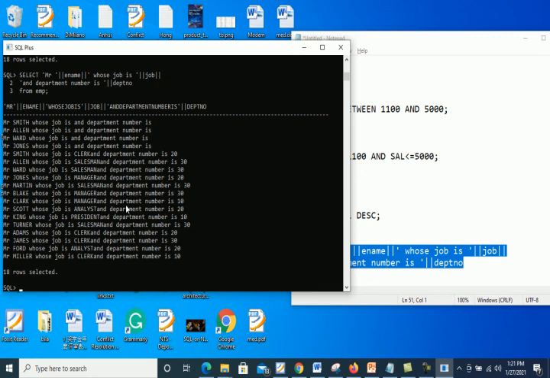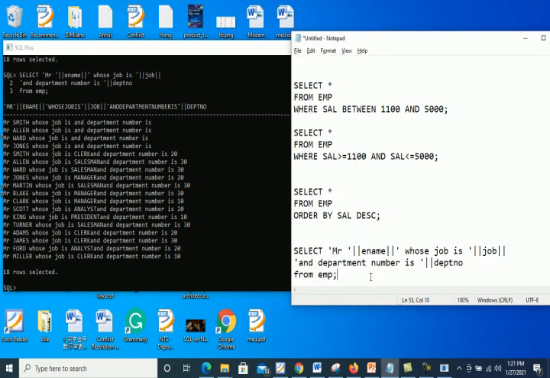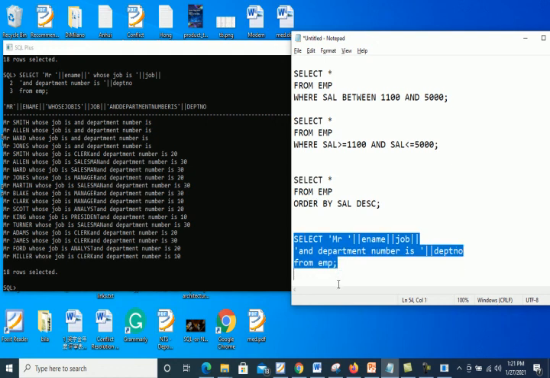You can also combine different columns by using the concatenation operator. For example, consider it like this. So now it will display both ename and job combined, because we concatenated them.